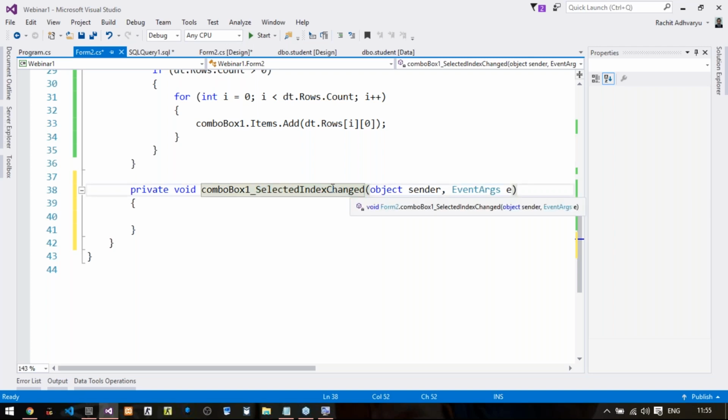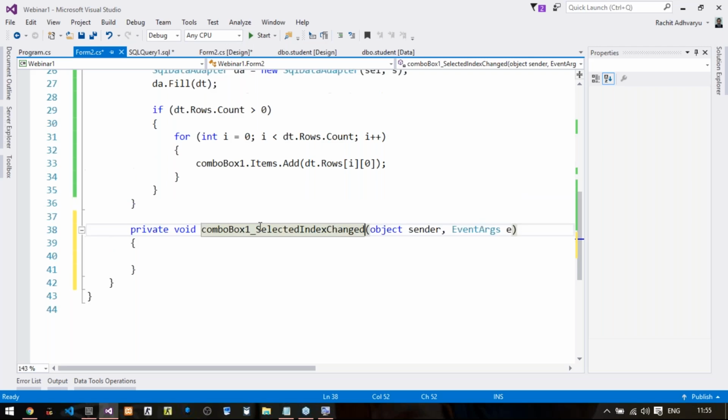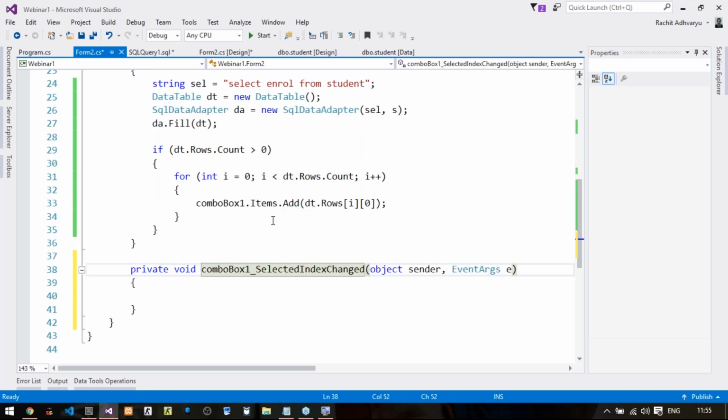It says that whatsoever values you put up in the combo box, all those values have some index in the backend. The first value will have 0 index, second will have 1, likewise it will have n minus 1 index. So whatsoever index you are selecting, automatically that value will be selected and based on that your functioning will be done. So selected index changed.